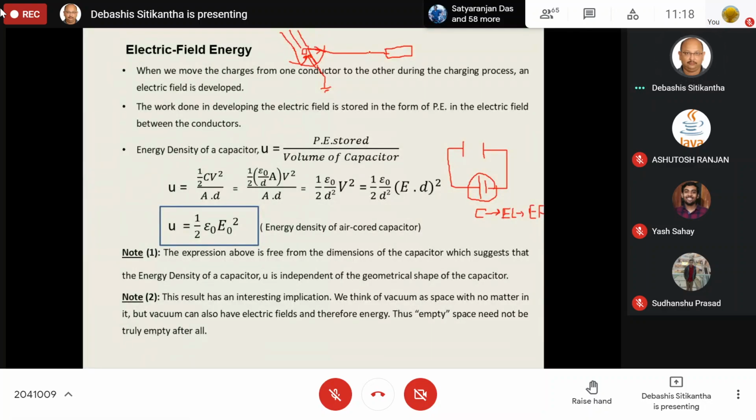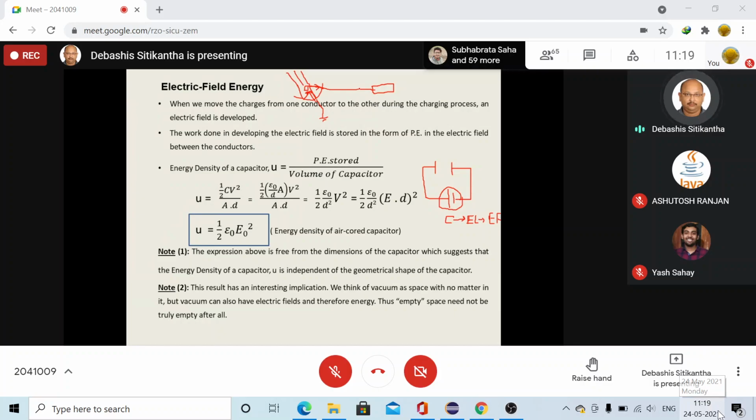Electric energy is going to do some work when a current starts flowing. But in the case of electric field energy, no current is going to flow. If at all a current flows, that is not the normal current we understand as the flow of electrons. The current in electric field energy is known as displacement current, and that is quite different from your conventional current. So in other words, electrical energy is different from electric field energy.